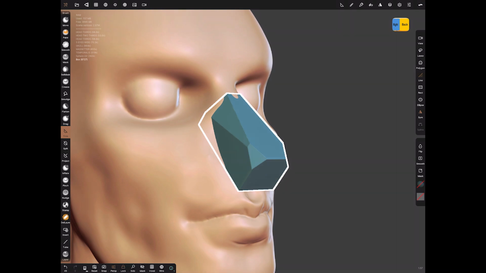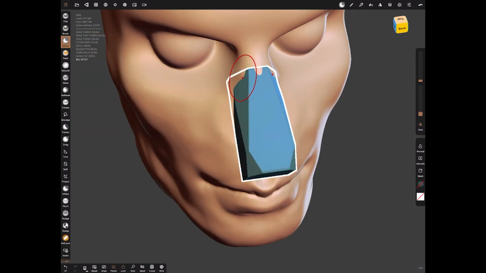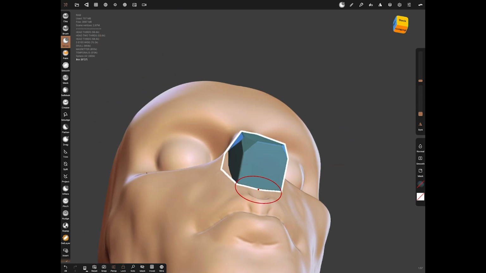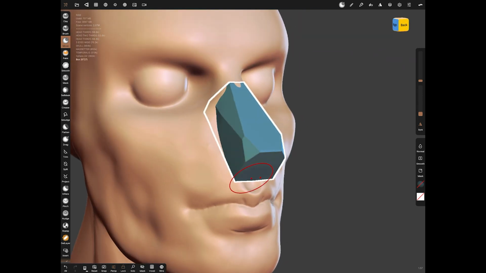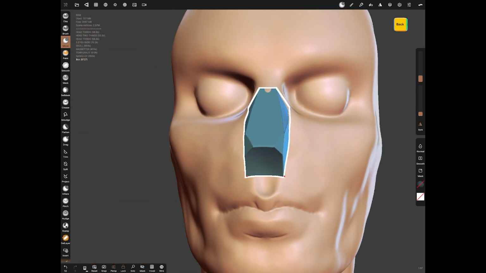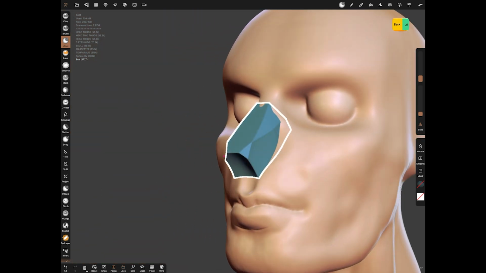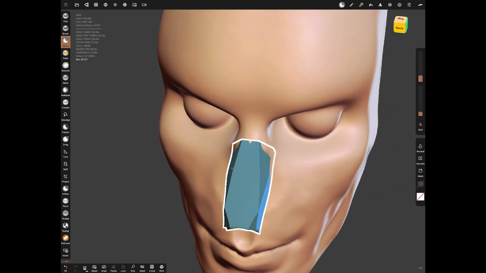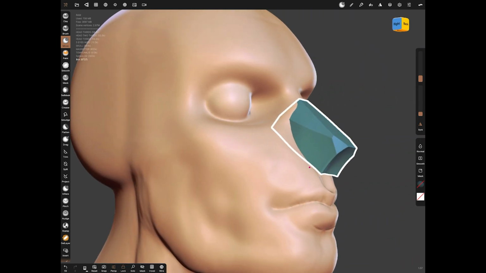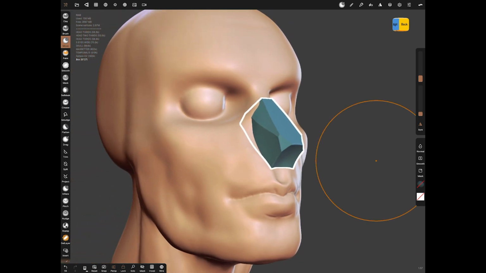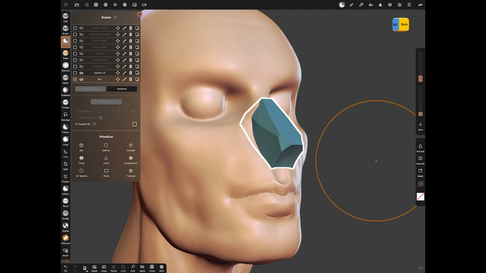Now if you use the move tool, we'll just bring that in at the top and we'll bring it in at the bottom. Now what you don't want to do is go over this divot here, which you know from the last video is called the philtrum. So that's enough of a shape. Again, all we've done is given ourselves a couple of angles and we just want to now add in two other shapes. So we want to add a